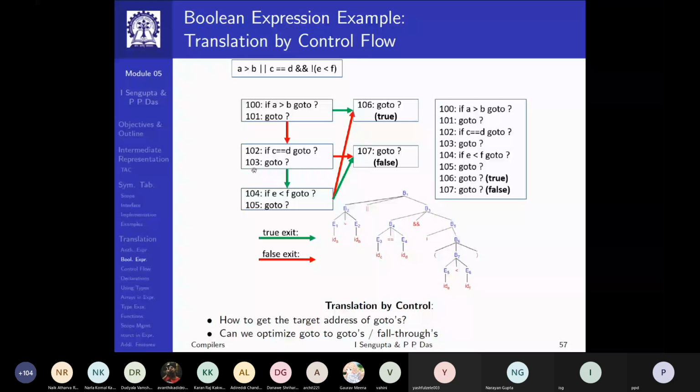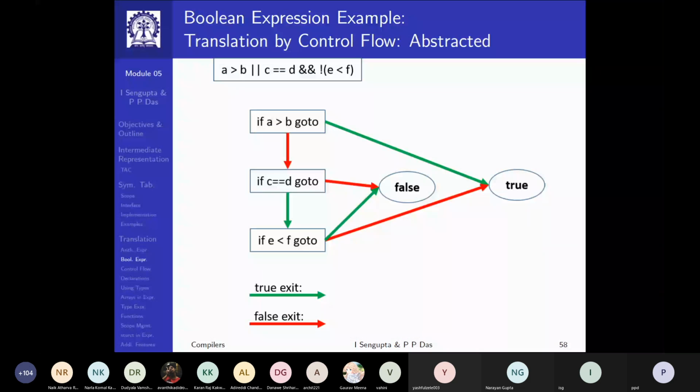So in this way, I can represent any Boolean expression in terms of a set true list and a set false list. Now, obviously, there's a question of how do we fill that up and things like that. So this is the overall schematic. So this is the code that we are finally going to generate.